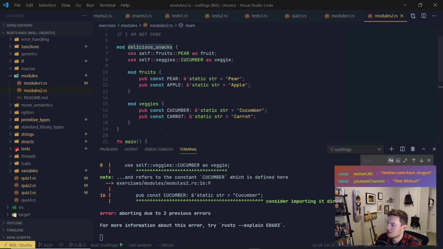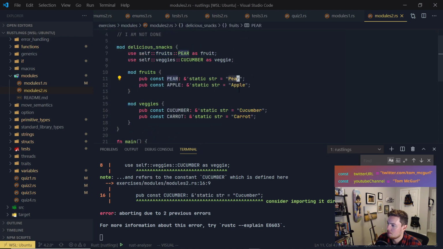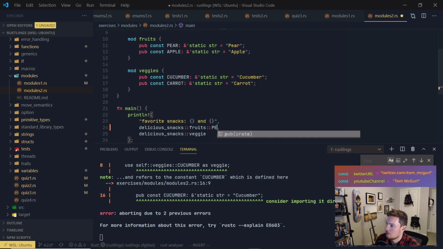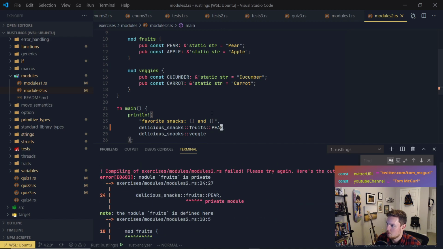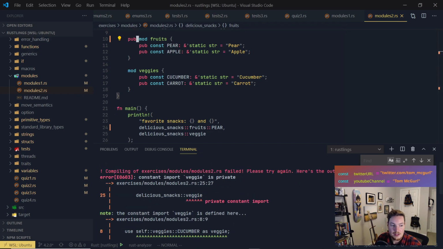So delicious snacks, fruit, pair. So let's see what happens when we do fruits, pair. Private. So it's saying that this is a private module, fruits. So if we do pub, private const import. So that's for veggie. So if we did veggies, cucumber,